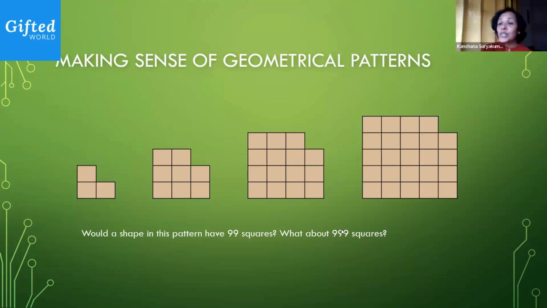Okay, so you're all able to understand what's happening in this pattern, right? In the first image, what you see is like a bigger square of 4 with 1 less, right? You think of it as 4 minus 1. The second image, you can think of it as a bigger square with 9 squares short of 1. So 3 square minus 1. The next one would be 16 minus 1.